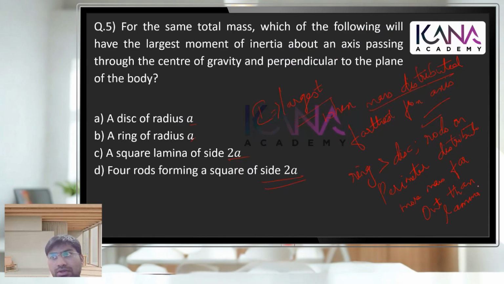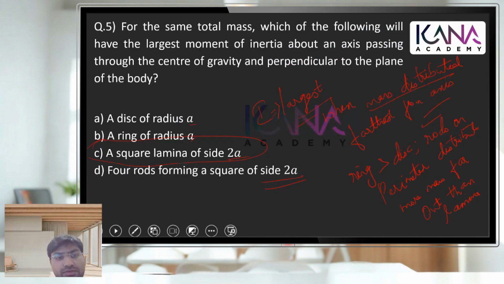So overall it will be C actually. C is the answer. But this is just by applying the logic of how the mass is distributed,